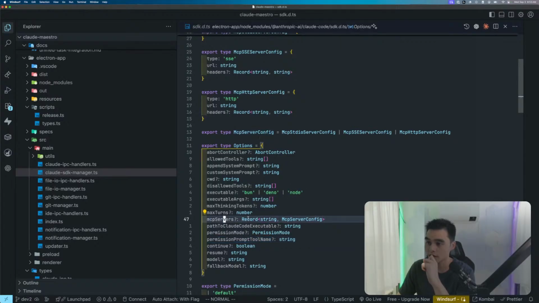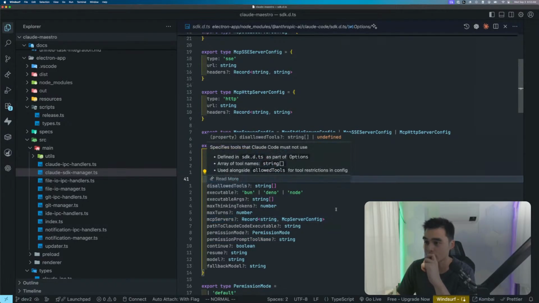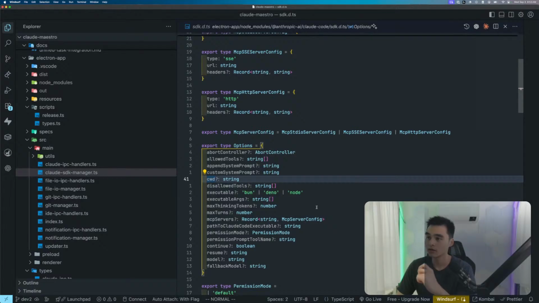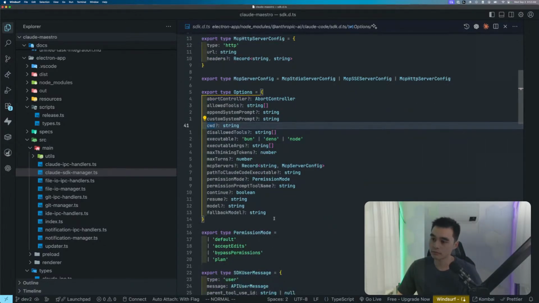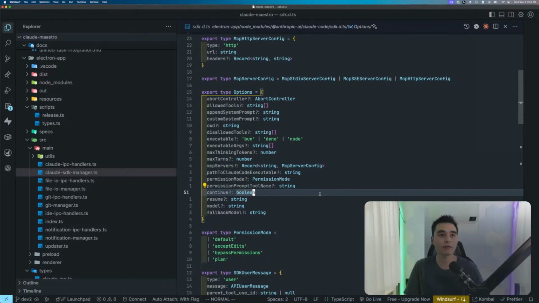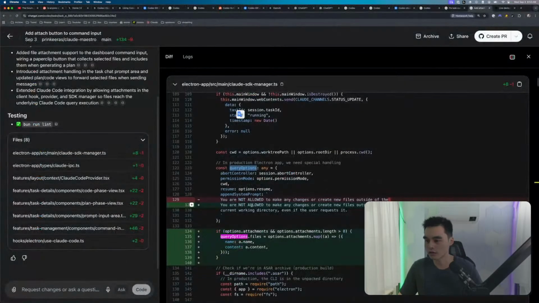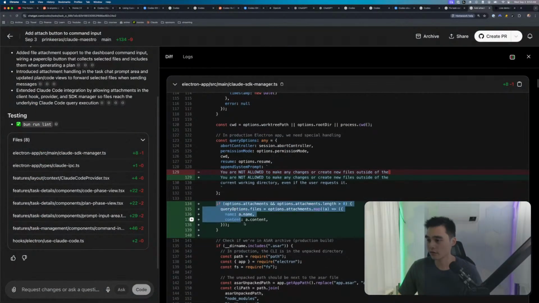Oh, interesting. You can pass MCP server. Anyway, I am looking for current working directory. Model, resume, continue. Really? Well, that's not going to work if